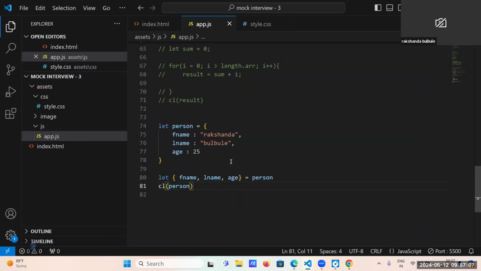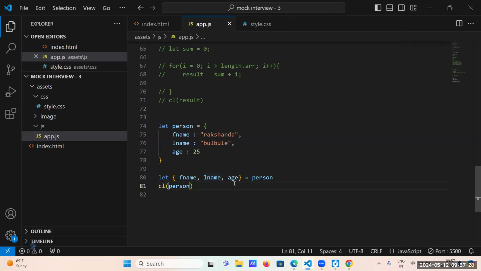This is the destructuring of an object, and in an object we can change the order, and also we can change the value of the object.